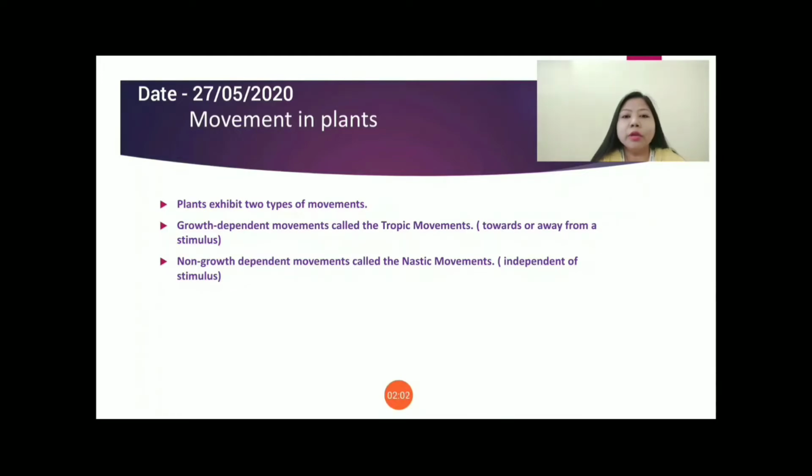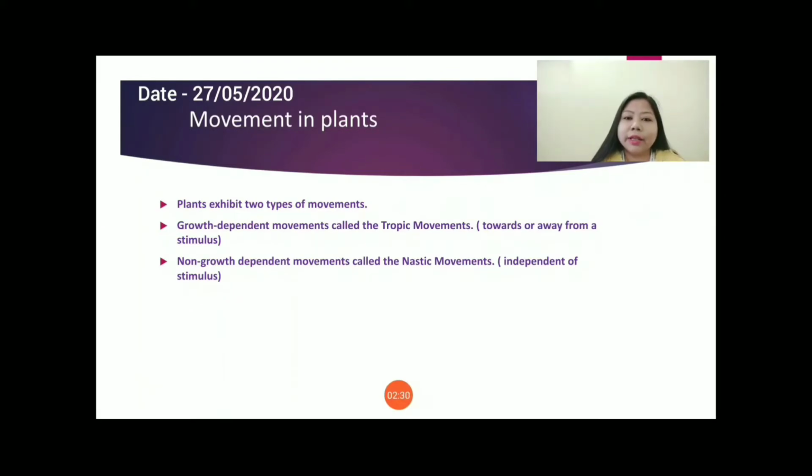Okay. So let us take two examples. All of you have seen the touch-me-not plant, Mimosa pudica. So what happens is when you touch the leaves of the touch-me-not plant, it folds up and droops. Why do you think this happens? How is the movement of the leaves taking place?